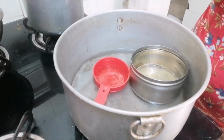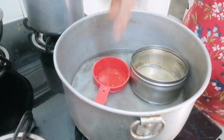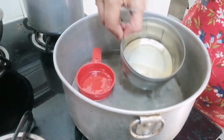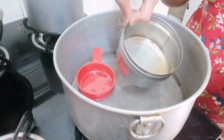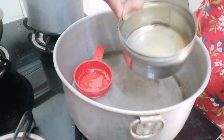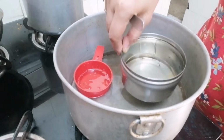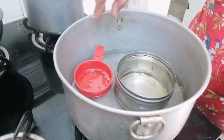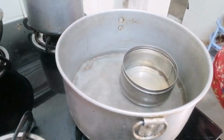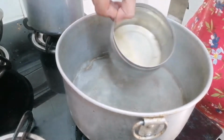I'm making half recipe of fondant. So this is the gelatin which I soaked in about 1/8 cup of water because I'm following the half recipe. First you have to soak it and then you have to boil it in a double boiler. Always boil it in a double boiler, and once it's fully melted, see, it's almost done, just a few grains of gelatin,